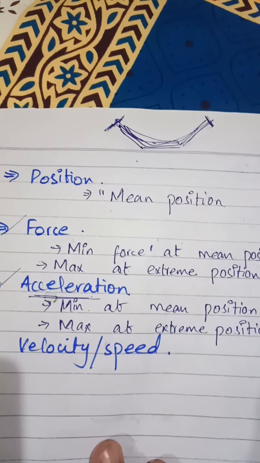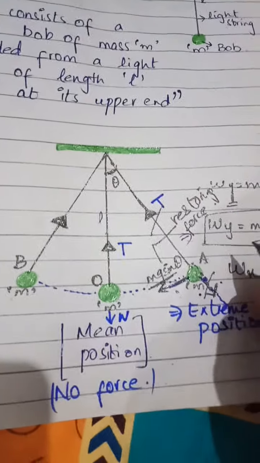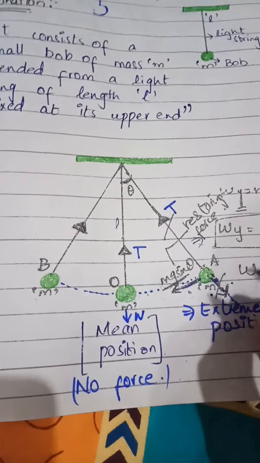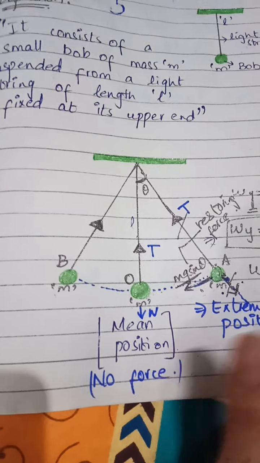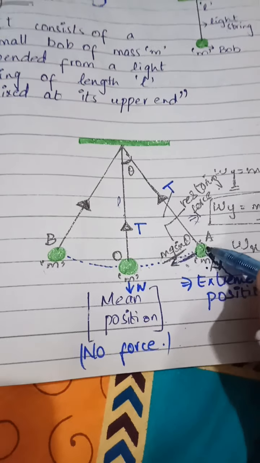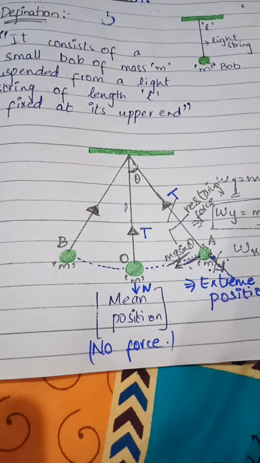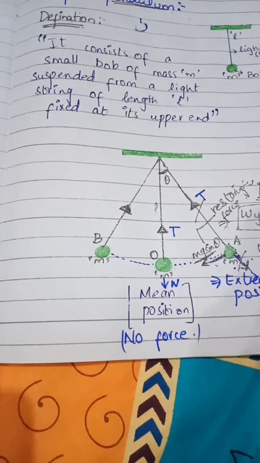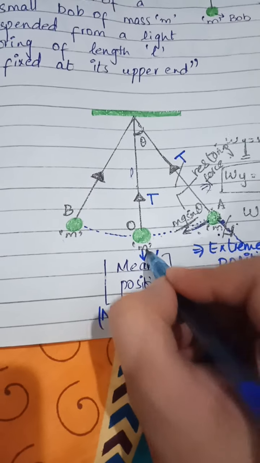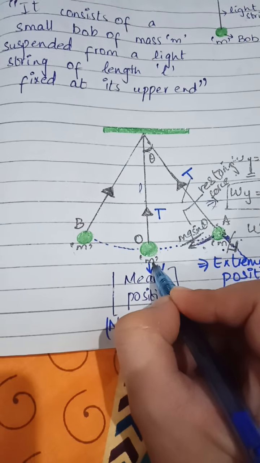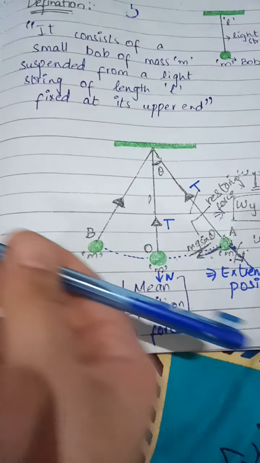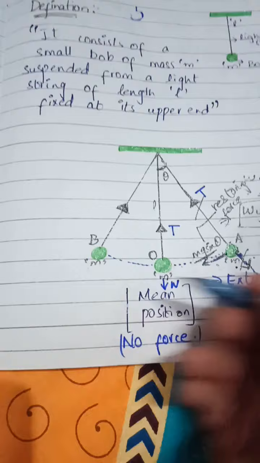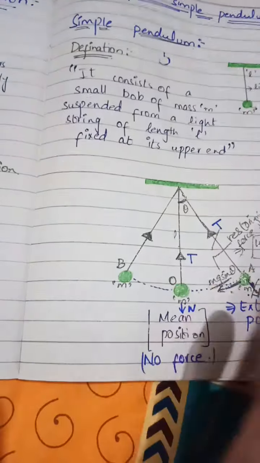position. So when a body stops at the extreme position, whether for a second or a nanosecond, the velocity becomes zero. After that, it comes back with speed and passes through the mean position at maximum speed. As it is passing at maximum speed, it does not stop over here. It passes at high speed toward the other extreme position. Then it stops, and comes back with speed toward the other mean position.